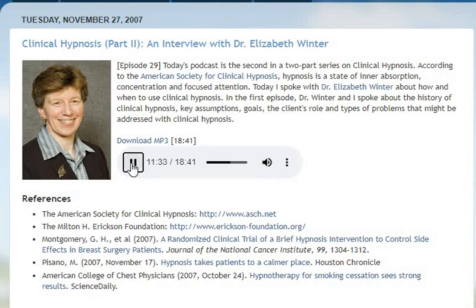So it sounds like there's a distinction between these naturally occurring and these formally induced trance states. And you've talked about positive and negative trance states. Are there limitations or strengths to clinical hypnosis in terms of the formal work that a clinician would do, not the naturally occurring trance states? But are there strengths and limitations? Are there contraindications in terms of the clinical usage of hypnosis?